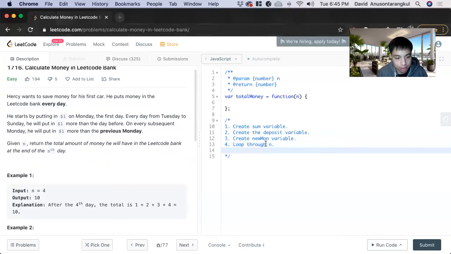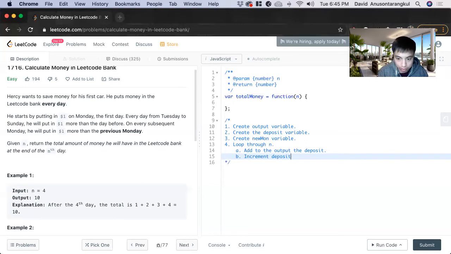We're starting off at 1 since that's the first day, and we're going to include n because we want to include that nth day too. And then inside the loop we want to add to the sum. I meant to call this output. We add the deposit we have so far, and then we increment deposit so it gradually increases. But then there's the catch that if i, the current number we're looking at, is